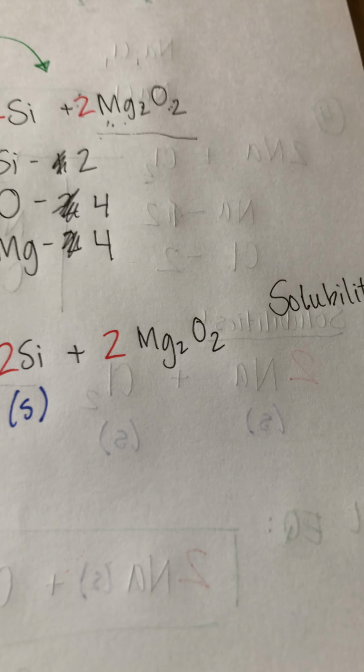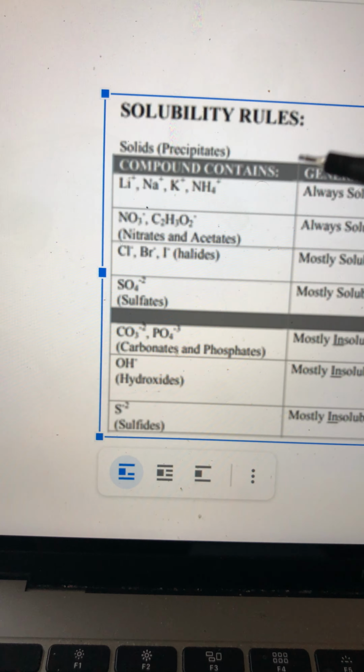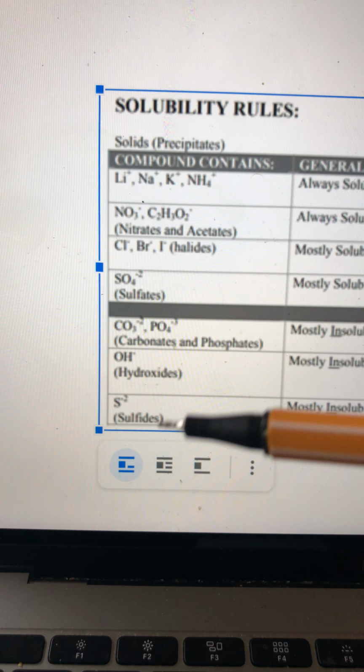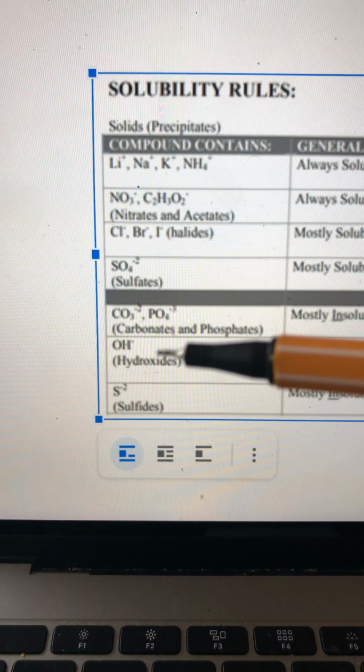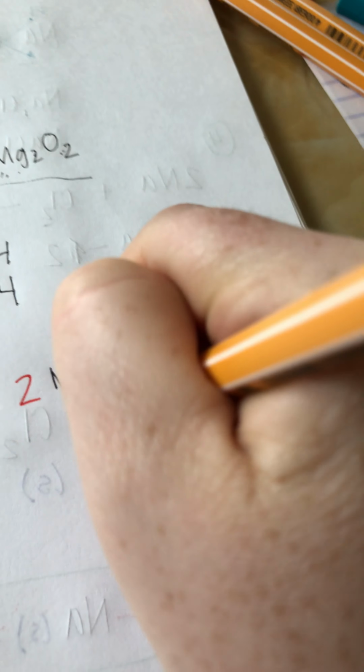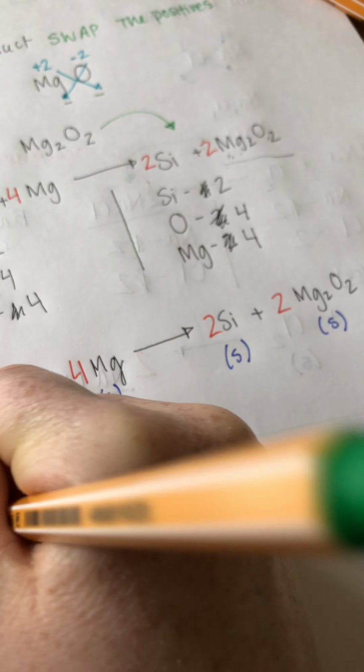Now let's check this one. Mg2O2, a couple. We go to our table. There is no Mg and there is no oxygen on its own. So you assume it's solid, right? So now we can write our final equation. So if it's not in the table, then assume it is solid. Final equation is